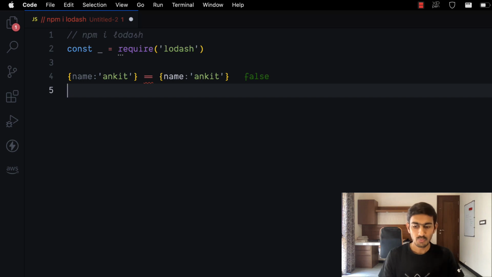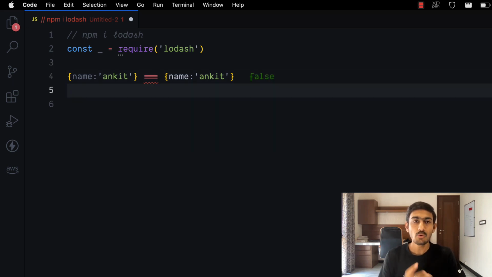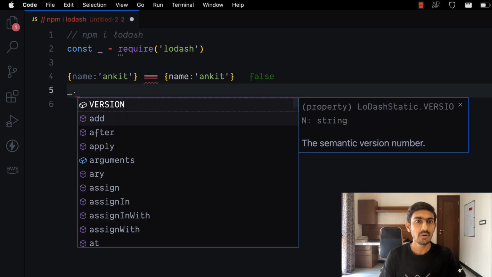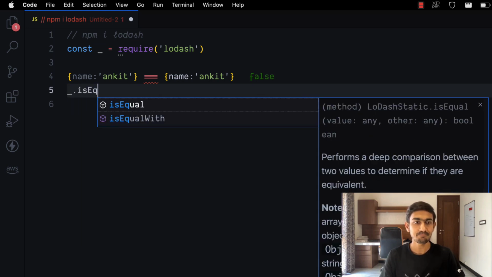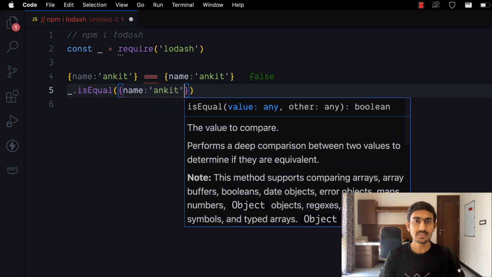And it gives you false. Even if you use double equal or triple equal, it will give you false. So how do you compare two objects? There's not an easy way in JavaScript directly to compare them. So Lodash provides you something called isEqual, and you can pass the objects that you want to compare,